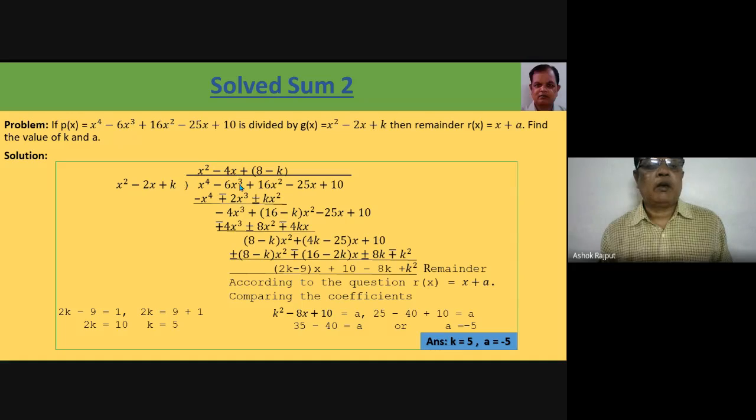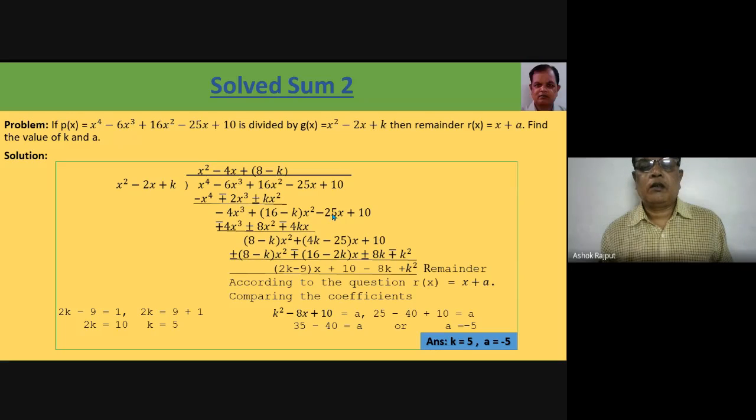So we will multiply by 4x all these three terms. It is here 4x cube plus 8x square, then minus 4kx. Now we will subtract here, then it is cancelled because it is equal and opposite. Here we take x square common in the bracket, 16 minus 8. So here will be 8, and k is here, 8 minus k in the bracket, and then x square.